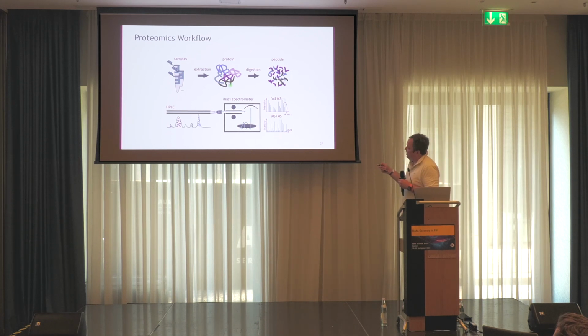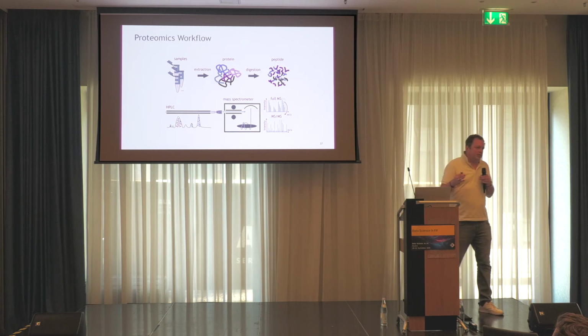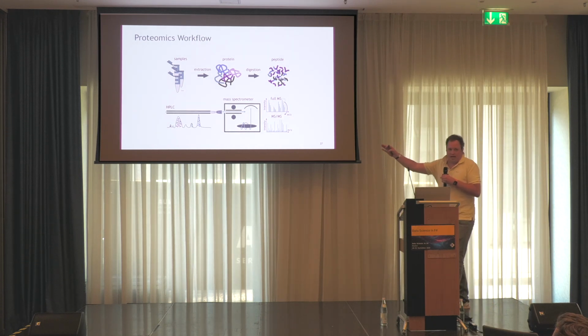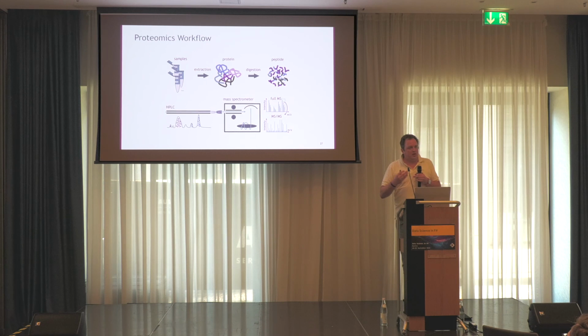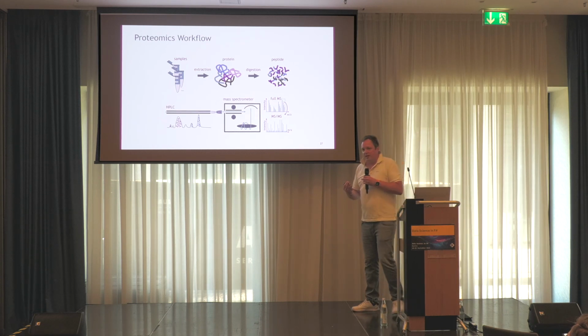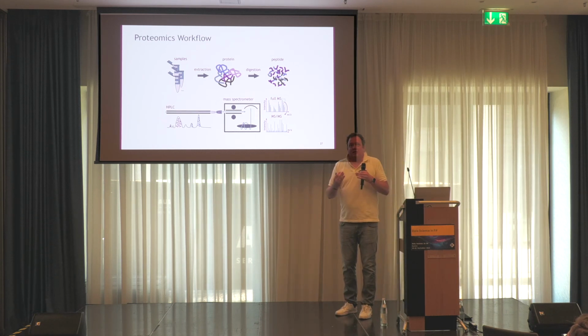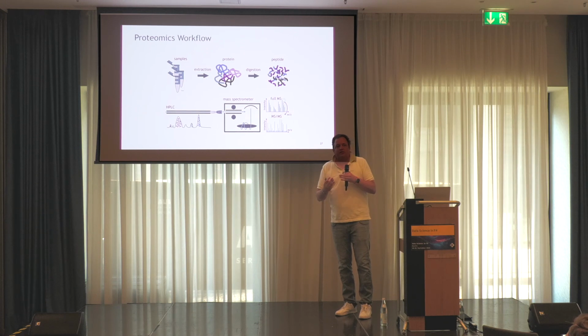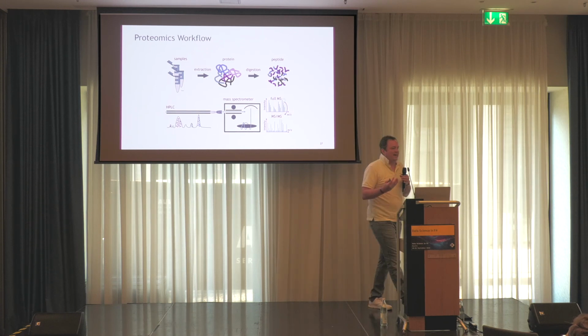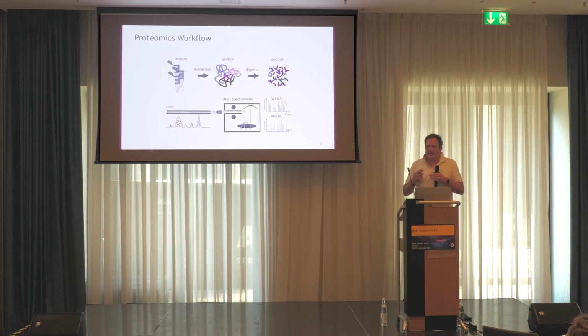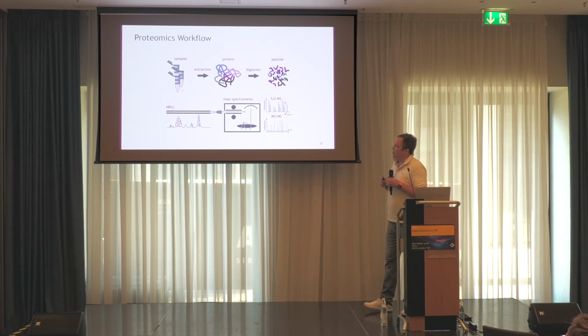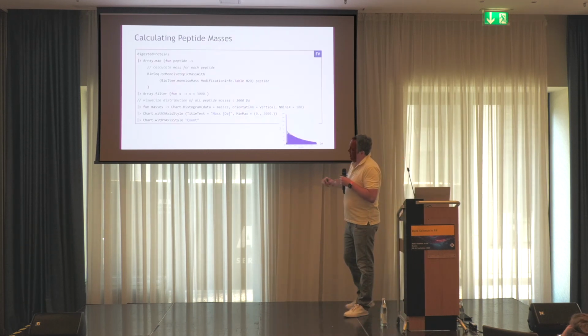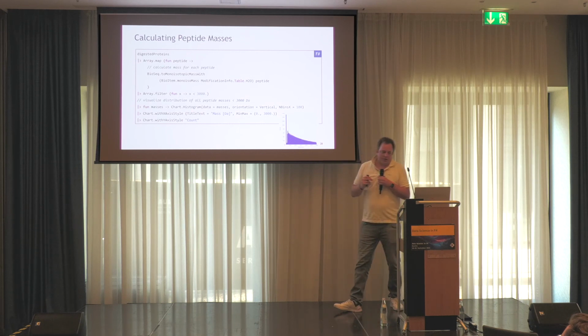Then we modeled this part here. Now it goes into the machine, right? And then we measure masses. So what we know is the organism from which we get the sample. Because we know its genome, we know the sequence of the potential 50,000 proteins which we might get. Okay? So we can take this sequence, convert it into potential protein sequences, digest it with the function I just showed you.